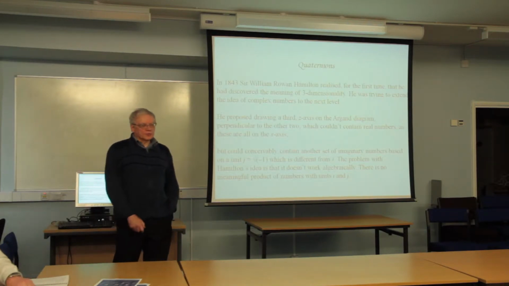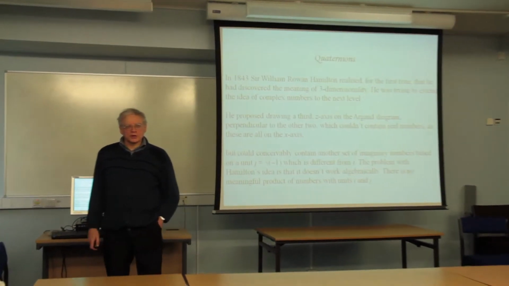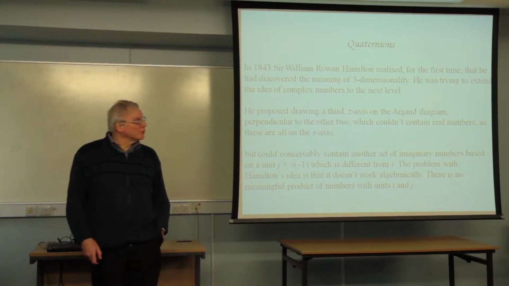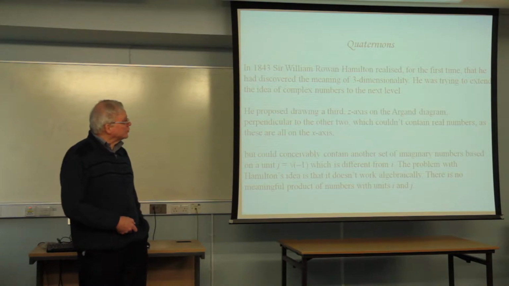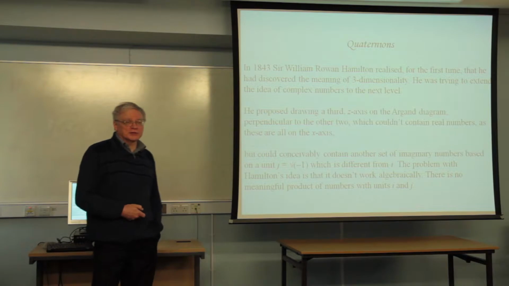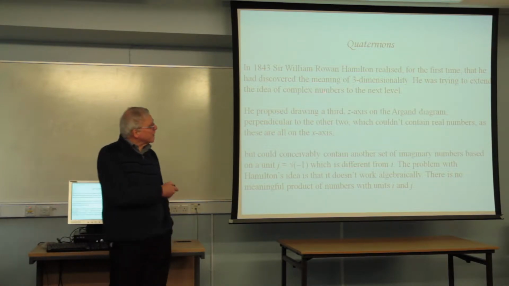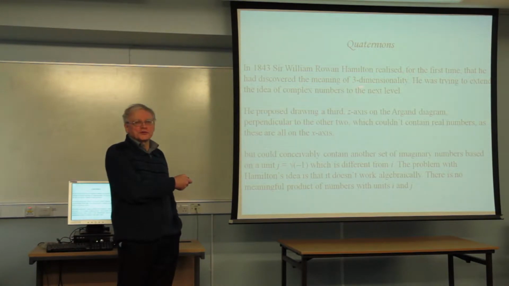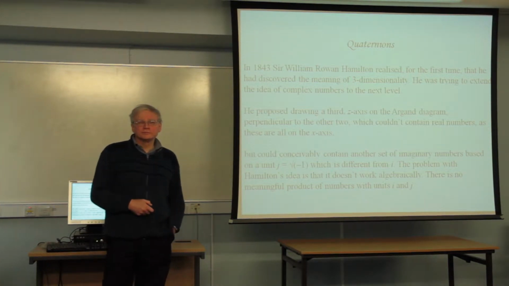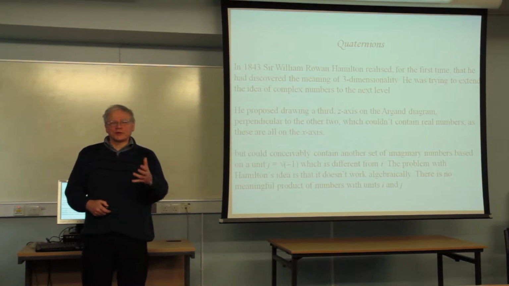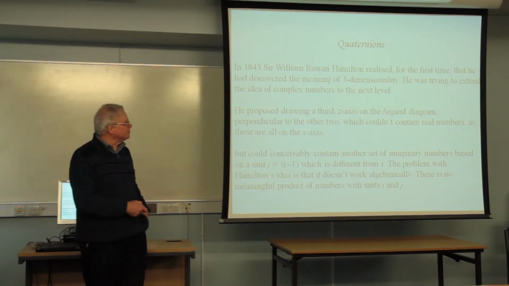Right, the first one, quaternions, and we're talking about 1843 when this starts. William Rowan Hamilton is particularly excited when he makes this discovery, and the reason is that he realises for the first time that he's got an explanation of the concept of three-dimensionality. It was a mystery before that, but now suddenly there's a mathematics that might explain it.